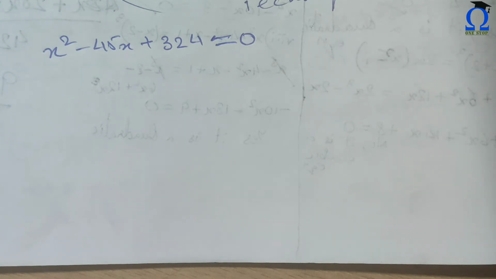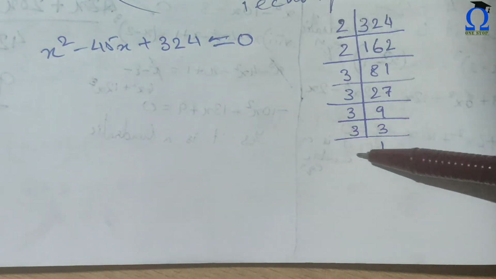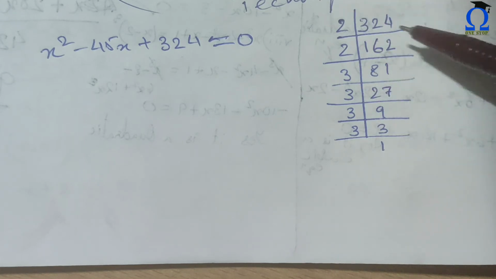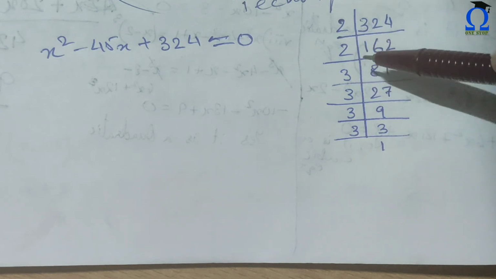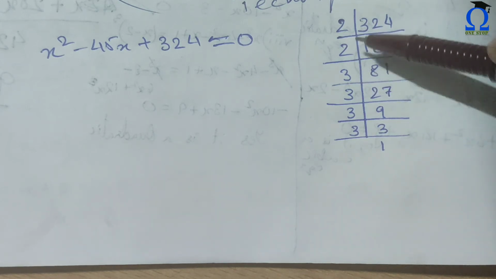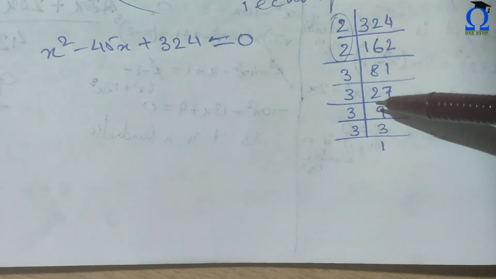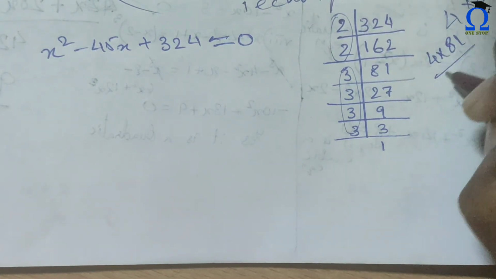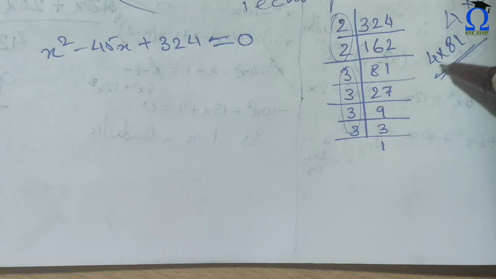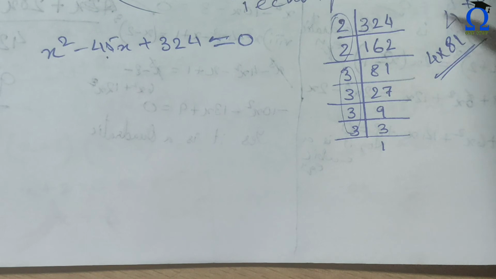Now as I have told you, for these kinds of big numbers, we will try to find the prime factors of this number, and now we will rearrange these into some pair of numbers, two numbers actually, such that their sum or the difference is 45. Like we can have here 4 and 81. 4 and 81 will give us 324. So will 4 and 81 by doing the sum or difference give us 45? No. So we'll check the next number.